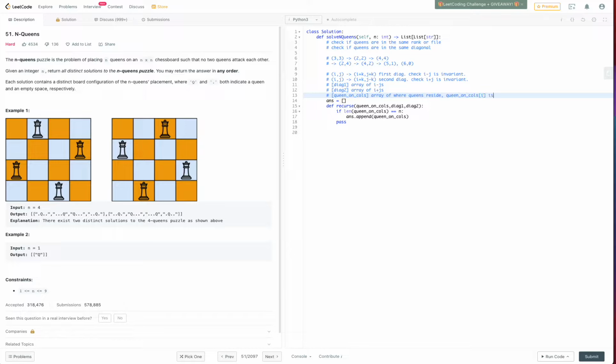On columns I, where I is row, and then queen on columns value is j, j being the column. Okay. And then the tricky part, I call recurse here. So I want the queen to be placed if I'm on the very first level. Then I want to place things here, here, here, here. So for I in range 8 or n,